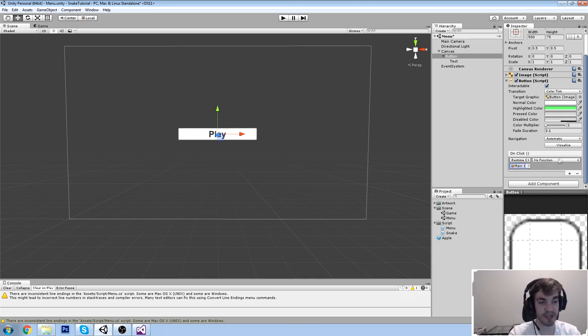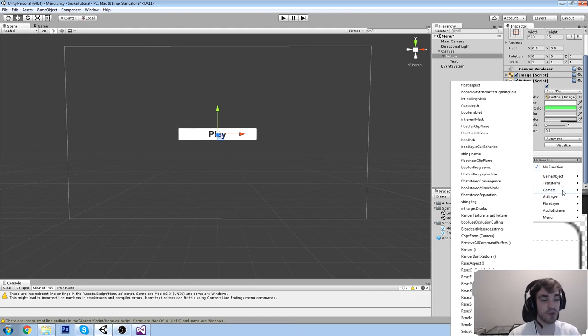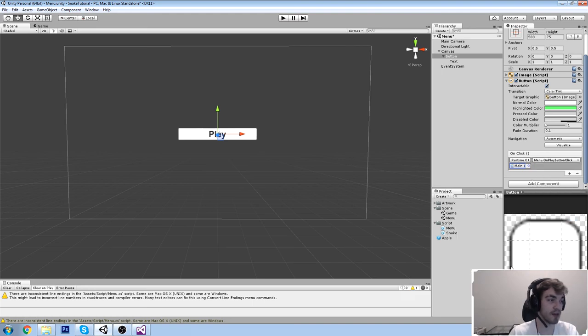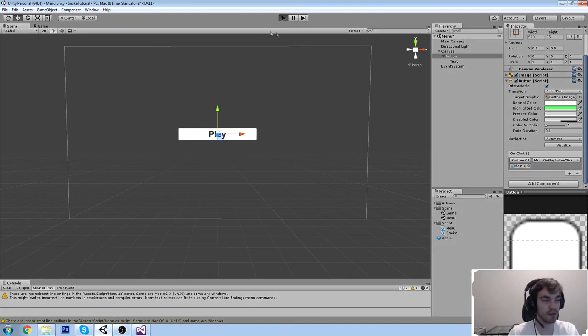And check this out. This is exactly what it does. It takes the main camera and then it lists all the components that the camera has. So the camera has a game object, it has a transform, it has a camera component, has a GUI layer, audio listener, but it also has our component we created, the menu component. And then it also has a lot of other things we don't know inside of it. Those are all things we inherit from MonoBehaviour, which is again a topic we will cover in the future. But more specifically, there is our public function called OnPlayButtonClick. And if we just click it and then try it out,